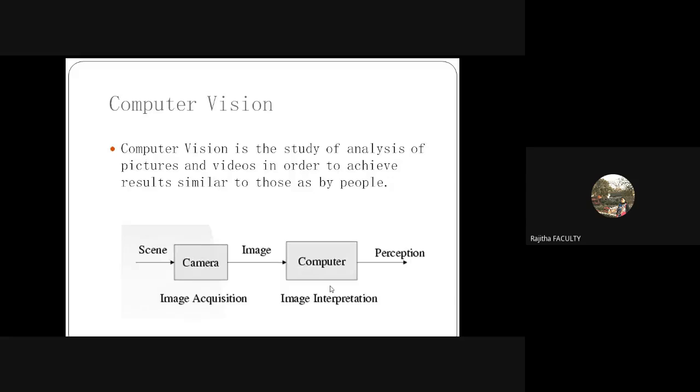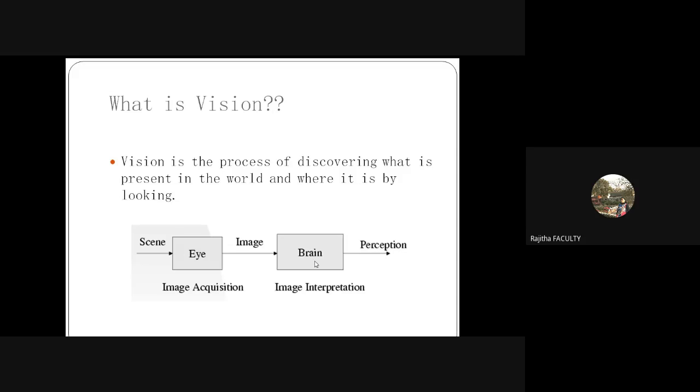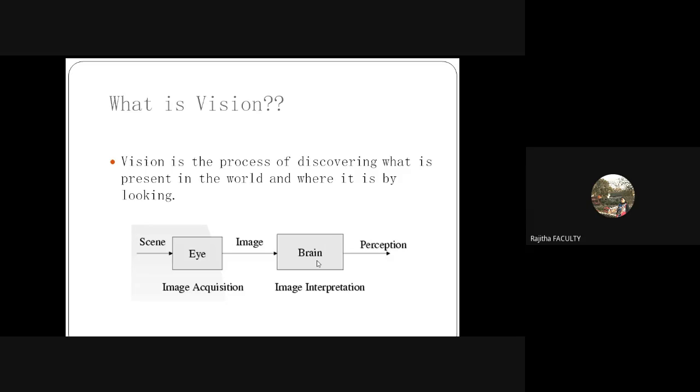Similar to that, if I make this into a computer, if that vision is sent to the computer, then these two blocks we have here: this eye becomes your camera, and this brain indicates that you need to write specific ML algorithms to make your machine learn, because this brain takes decisions based on its previous learning, right? Based on its previous learning, built over many years. Based on 20 or 30 years of experience, your brain is taking the decision. So that means your brain has learned, right?